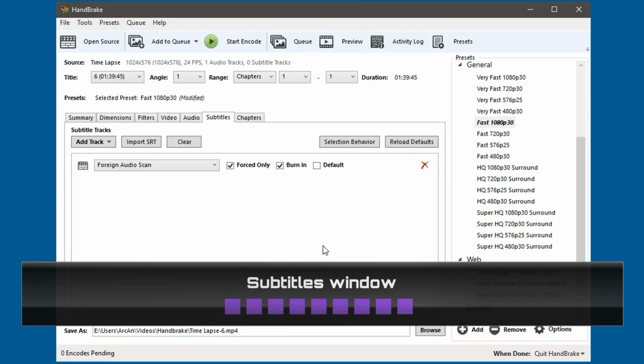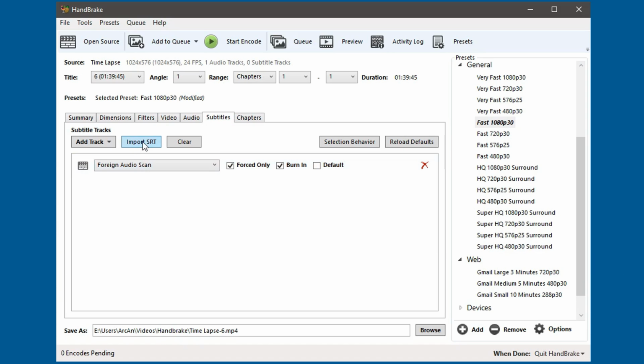Subtitles. I love working with subtitles because I watch a lot of foreign movies. If you need to import a new subtitle track with a different language, you can do that. But for most people, if you're not worried about subtitles, you want to get rid of this. You don't need any subtitles if there's no subtitles in the movie. So just click it out and that's it.